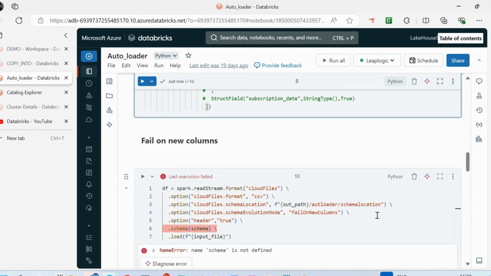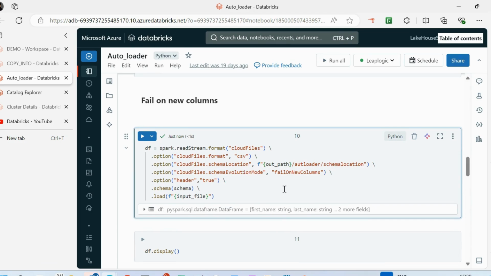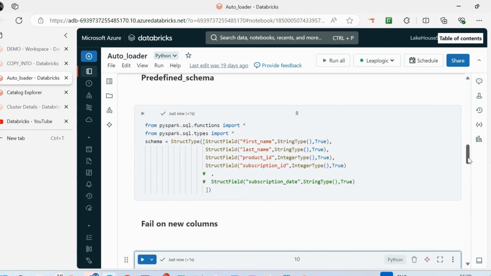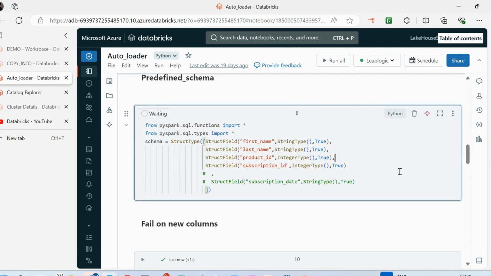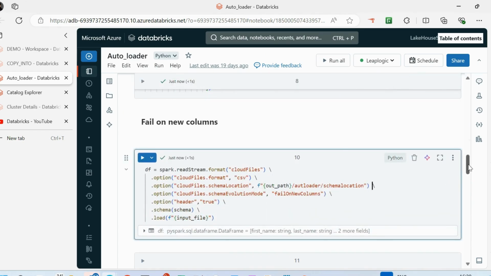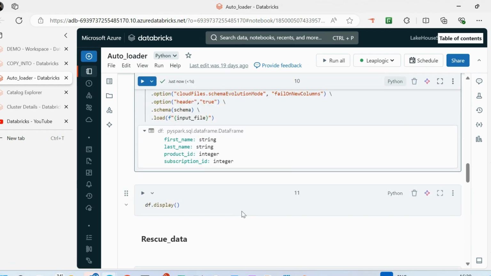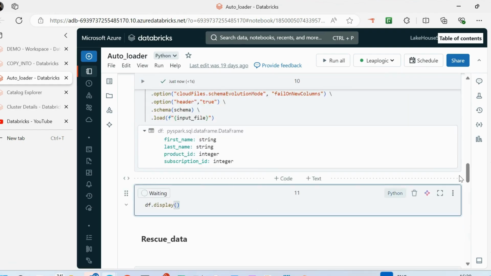Okay, now let me run this particular cell. One second, this has my subscription date. It has not failed. Let's see what schema it's showing. Okay, I have not displayed this. Let me display this particular command.